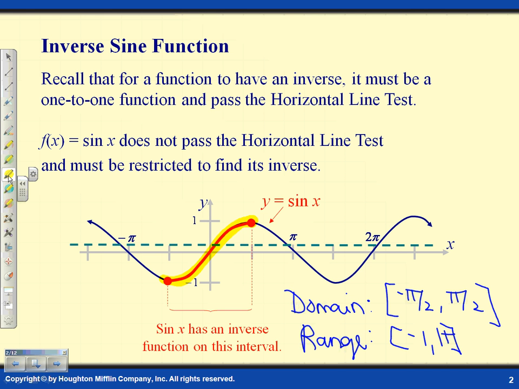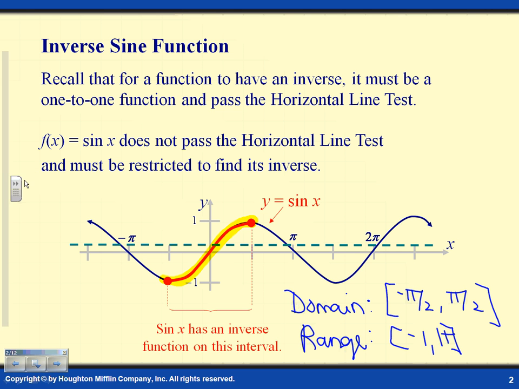Okay, there's your domain and there's your range. Yes, no? Now, when you have inverses, what do you know? What happens to your values whenever you have inverses? What flips? The x values now become the y values, and the y values become the x values. Do you remember that? So whenever we're talking about inverses,